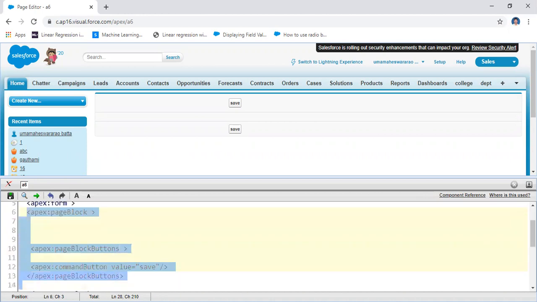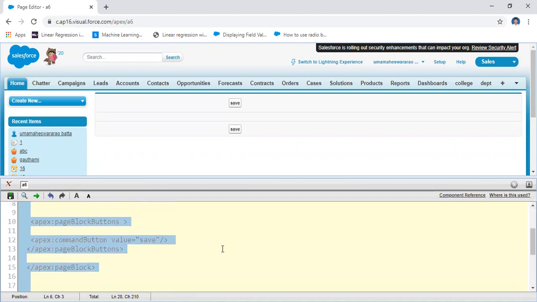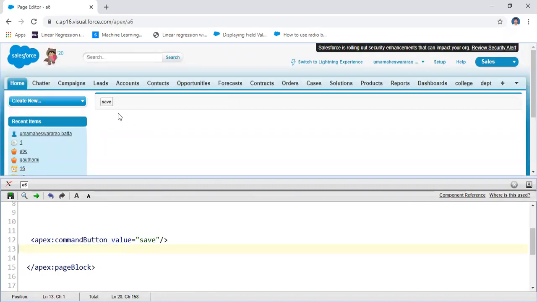Under the page block, I'm going to write the same button. If you remove this button value, under this one there is a page block. Under the page block I wrote a command button Save. Above and below, I need buttons like this.